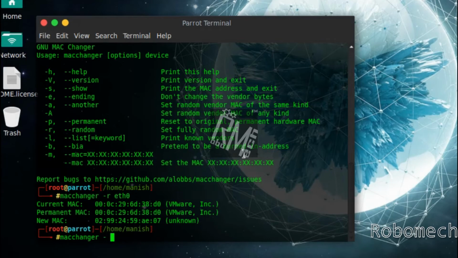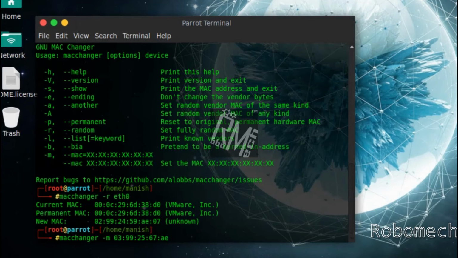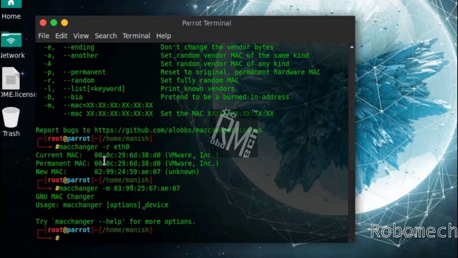Well, you can also use your custom MAC address. For that, what you have to write is macchanger space -m space your custom MAC, enter.